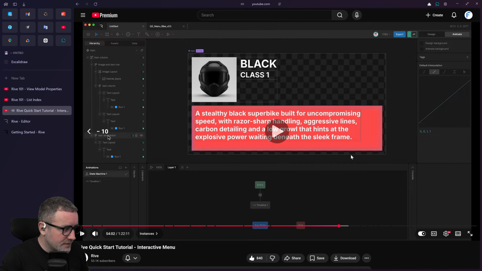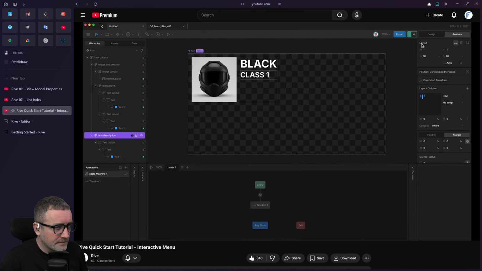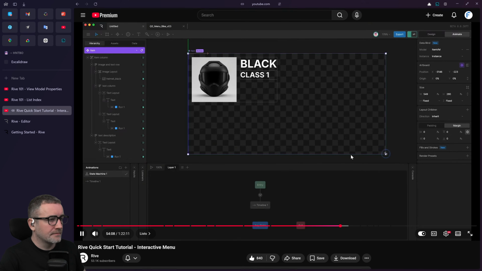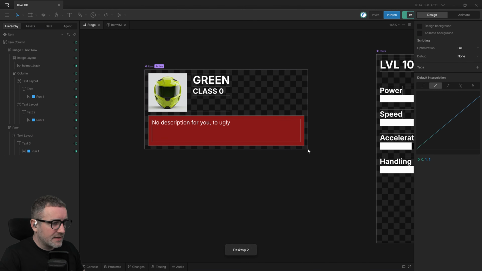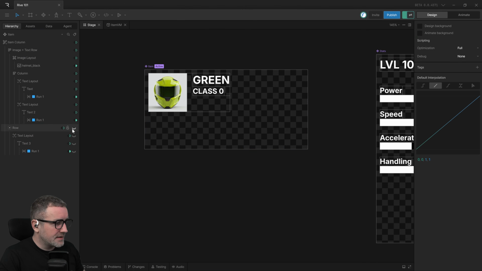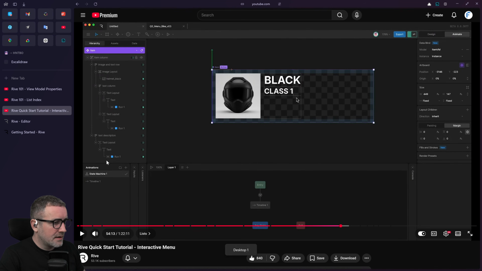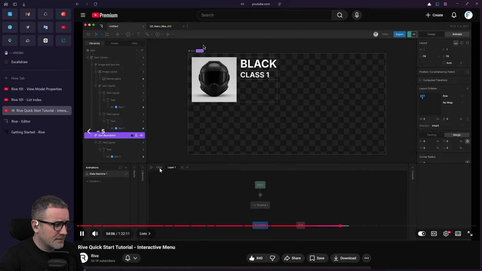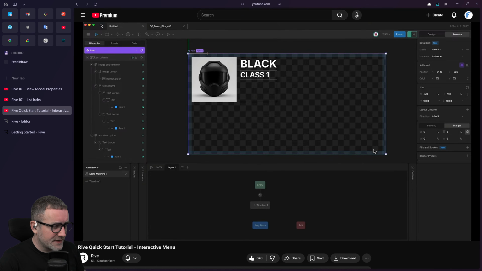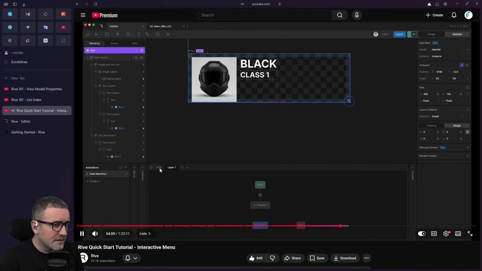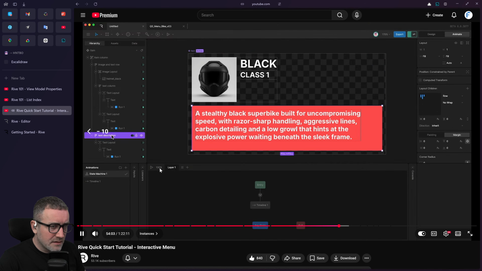Okay, so let's go back to hiding this. I remember that hiding in the layer list was not the same as hiding in the properties, but I don't remember exactly how it mattered. Select the description. Yeah,